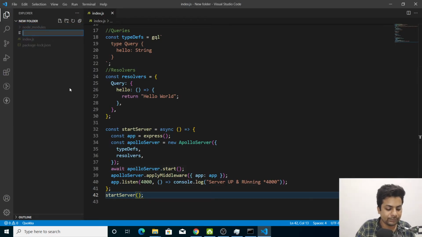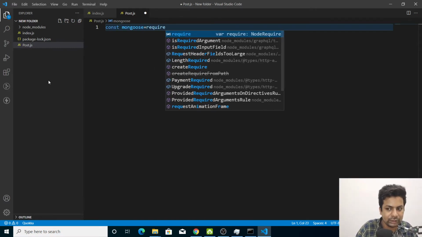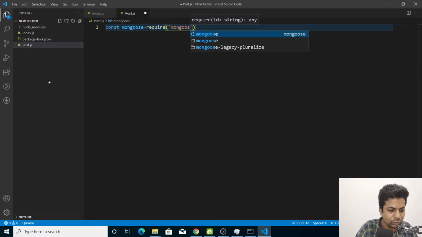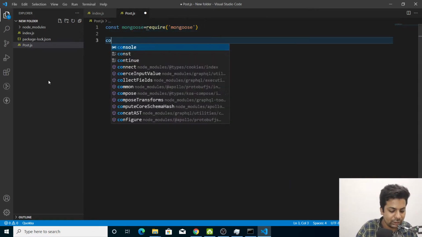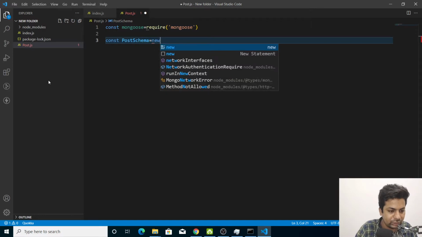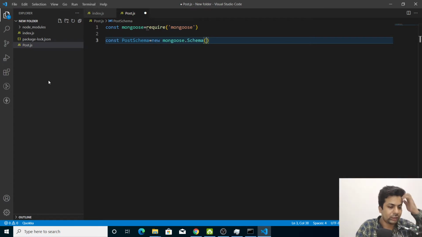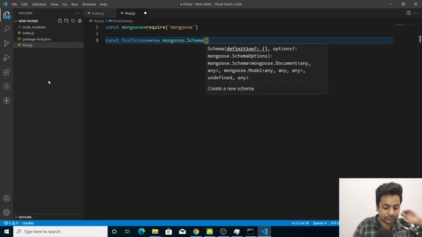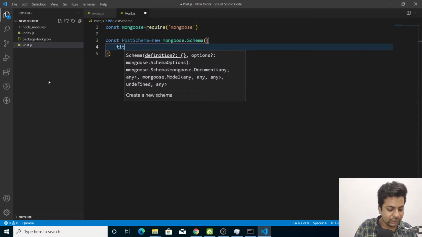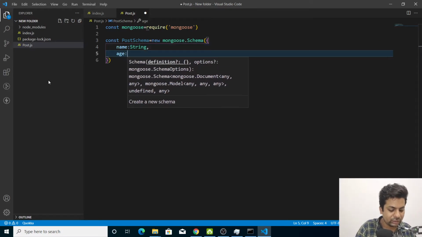So we'll make post.js. That's the MongoDB model that I'll be building. We'll say const mongoose equals require mongoose, and const postSchema equals new mongoose.Schema. Here we'll say type: name, it should be a string, then age, also a string.